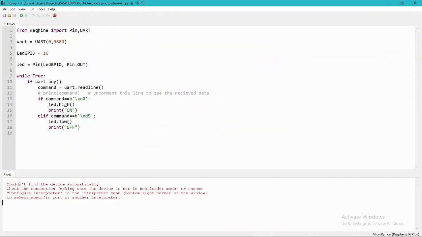In the programming part, we need to use the machine library to get the UART class. The UART class takes two arguments. One is the channel, which can be represented as 0 or 1, 0 for channel 1 and 1 for channel 2. We have two UART channels on the Raspberry Pi Pico. Then we need to set the baud rate. I have used 9600 as my Bluetooth module baud rate, so data can be transferred at the rate of 9600